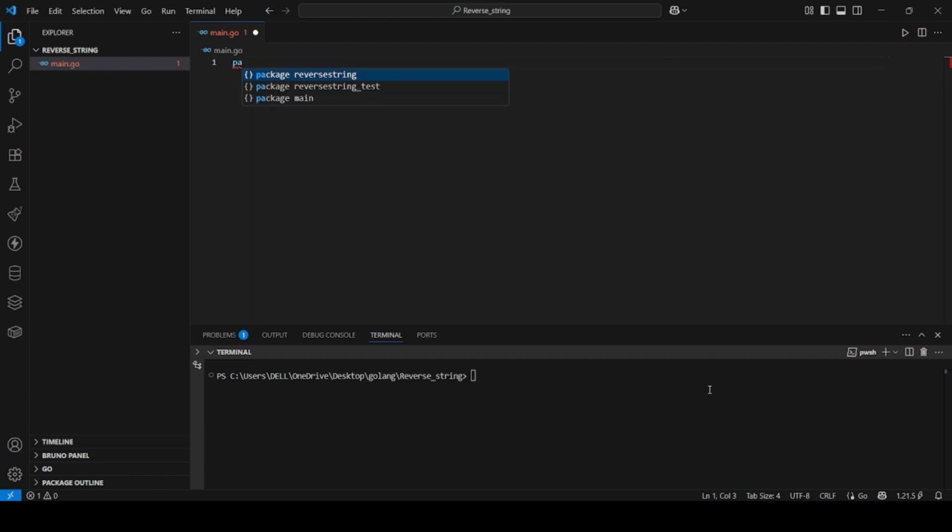First we will start the main package and import the fmt package to print our outputs. Okay,